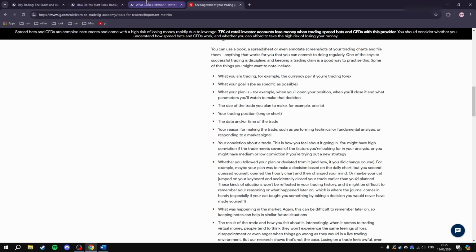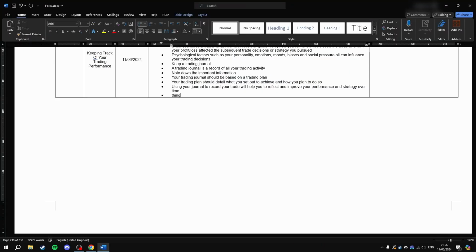You can use a book, a spreadsheet, or even annotated screenshots of your trading charts and file them. Anything that works for you that you can commit to doing regularly. One of the keys to successful trading is discipline, and keeping a trading diary is a good way to practice this. Some of the things you might want to note include: